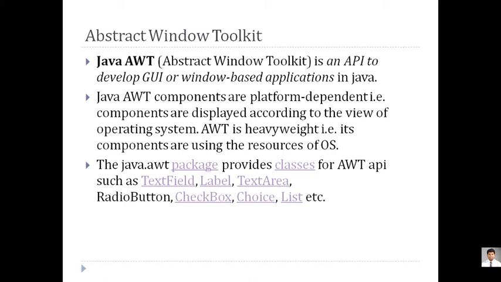So if you are concerned with the GUI, that is, you are concerned with the look and feel of your application, it is most important you should be very specific about the components whenever you are placing them on your form. Now, as far as AWT is concerned, majorly people don't prefer to go for AWT because it is heavy weighted. So this is the major drawback of AWT component. But we should know what all components are there, because on this it has been reframed, and an enhanced product is being created in the Swing component. So as far as AWT is concerned, it is heavy weighted and Swing is light weighted.